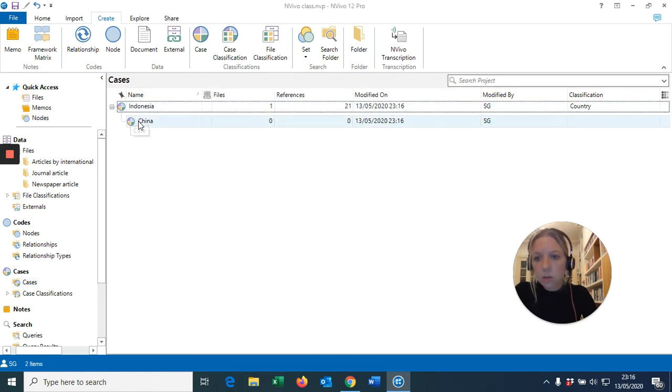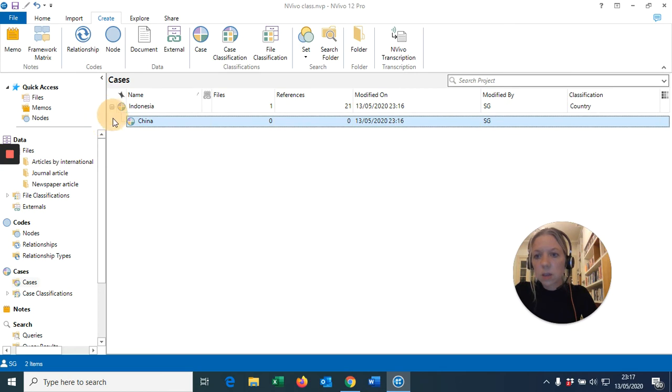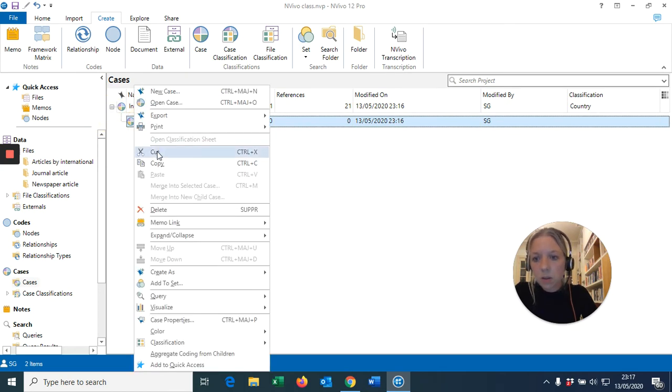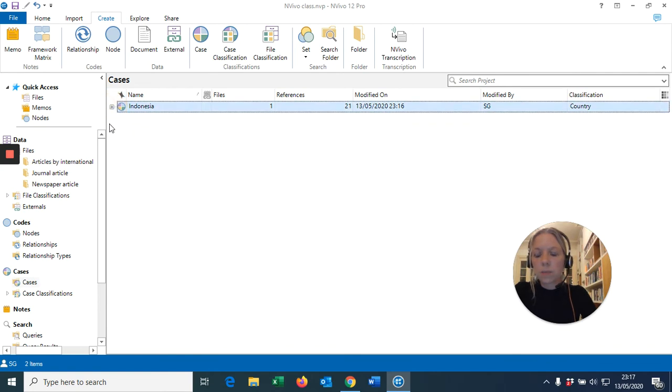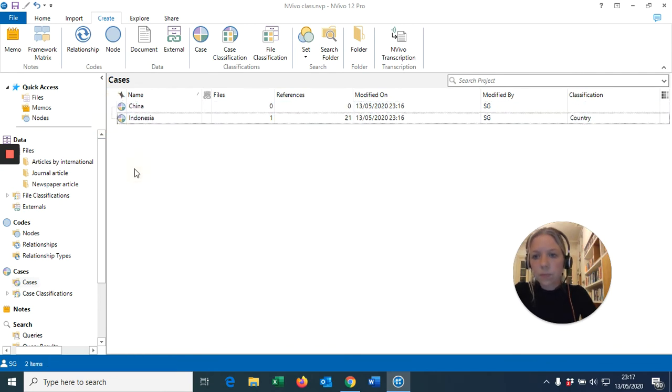Okay, oh, sorry, that didn't have to appear under Indonesia. So it appeared as a child case under Indonesia, and so it should actually be on the same level. So I cut it and I paste it next to